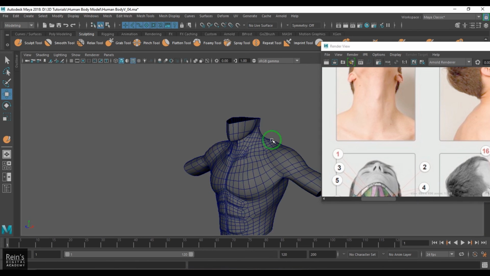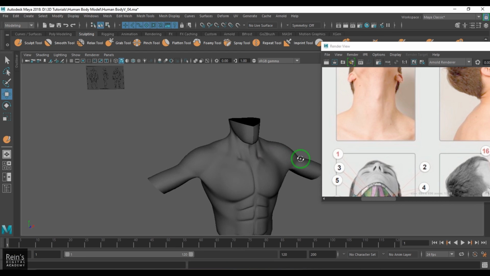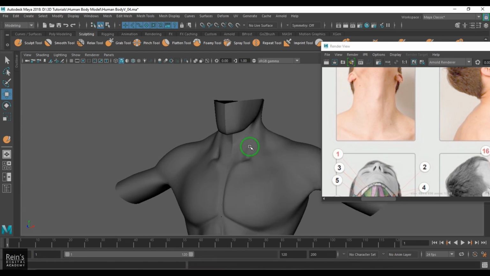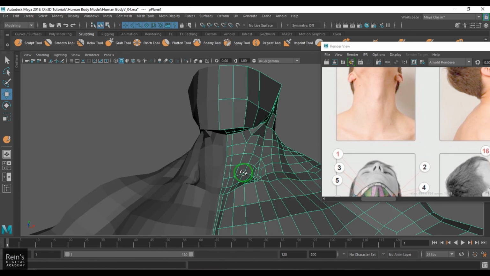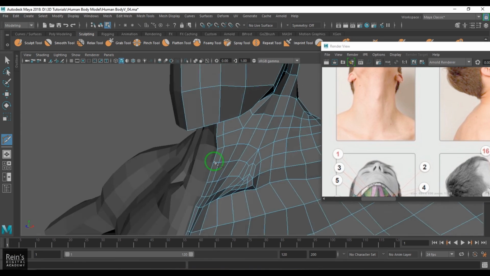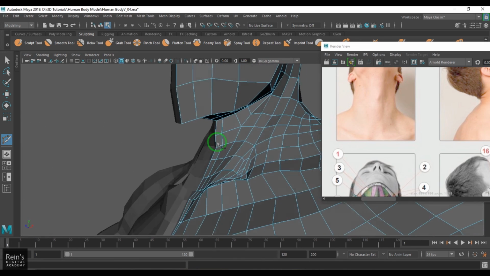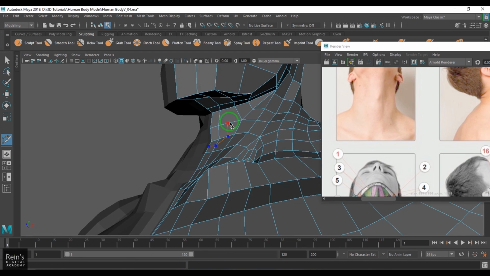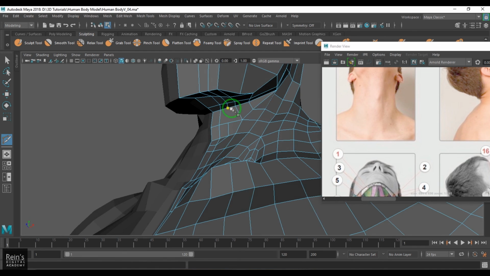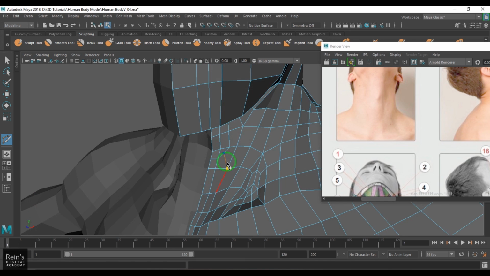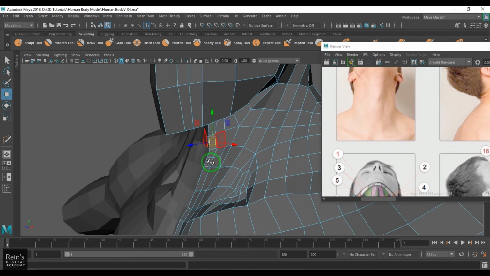So if I just press 3, this is what I've got here. You can use a multi-cut tool. And then take this U-turn. Now using that you get this nice